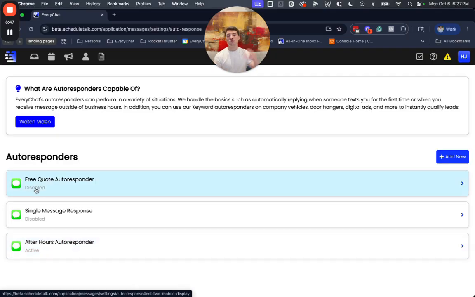So you can put those on door hangers, on the side of trucks, on Facebook ads, on your website. You can put these anywhere to help you get more leads and leverage texting and its ability to generate, in some cases we've seen as much as 24% more leads on different marketing channels. So it's an incredibly powerful way of bringing leads in the door to reduce friction, to make sure that people don't say, I'll do this later. It's a fast and easy way to get people in the door so that you can communicate with them and progress that sale forward.